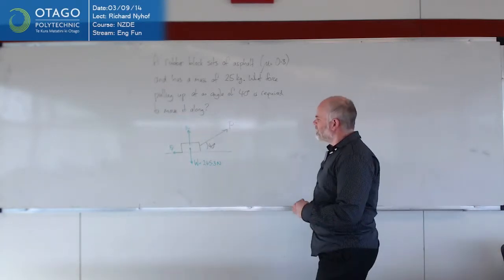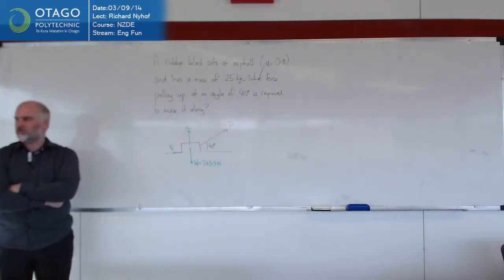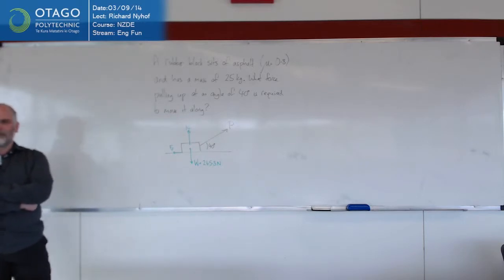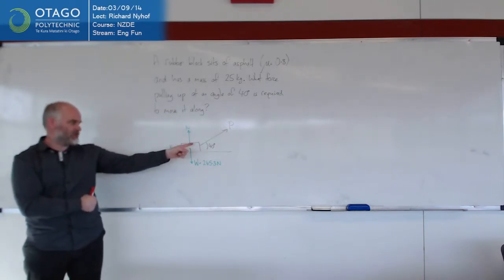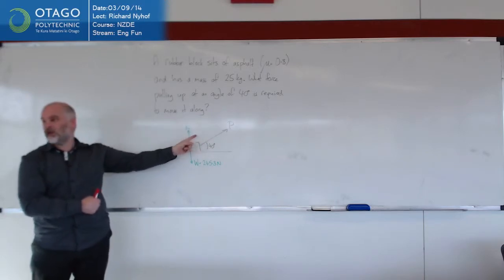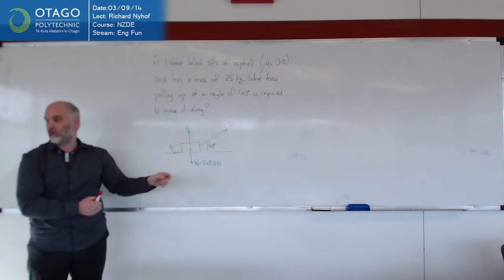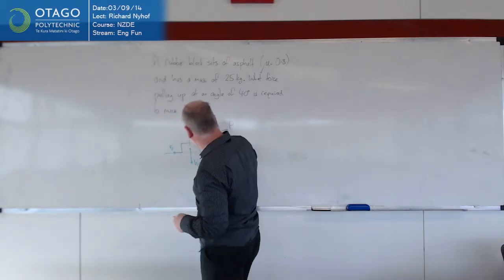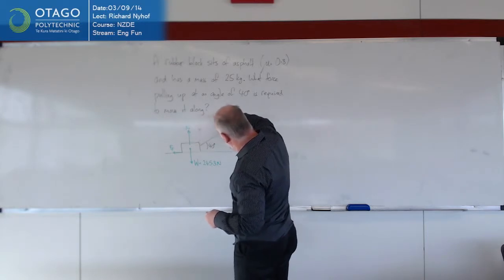Rightio. What's the drama with trying to make those forces do things? The 40 degrees? Yep. So on the last one we did, we said that N was equal to W, which isn't the case here because this P is going to stuff it up. The sum of P is basically helping N. So N will be less than W because N plus this bit of P have to equal W. So if we think of P as having a bit that goes up and a bit that goes along,